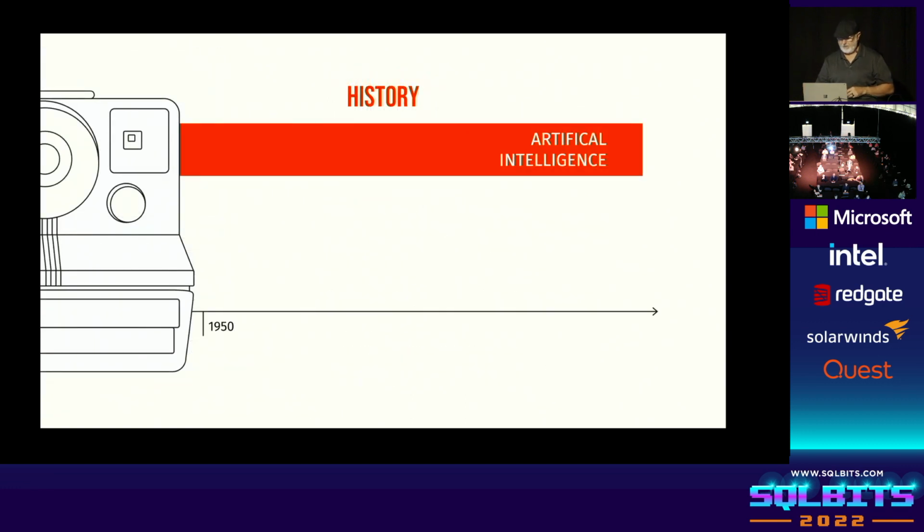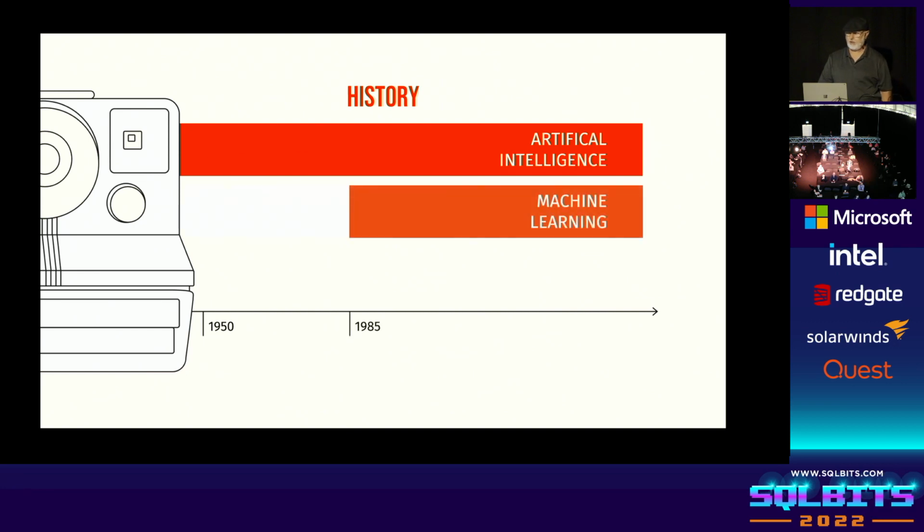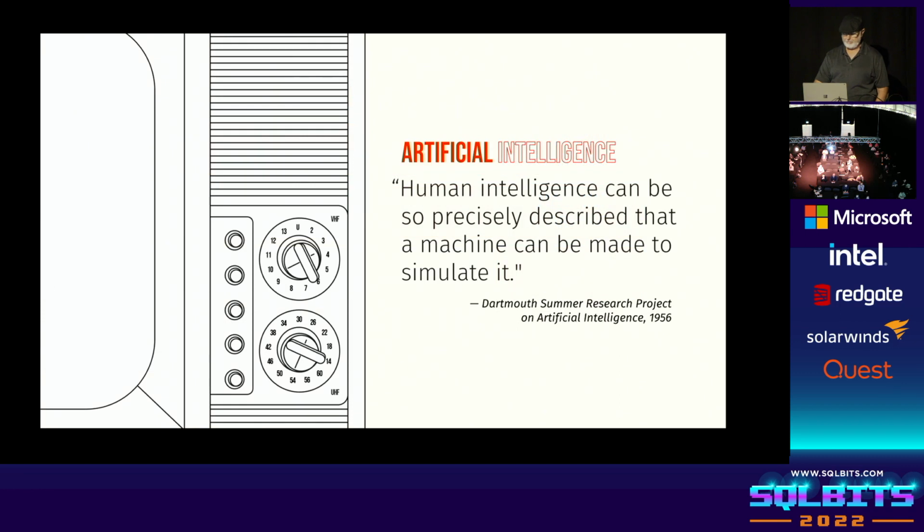The history is very brief. We started in the 1950s with artificial intelligence. In 1985, we began to develop machine learning. And then in 2010, we were able to do deep learning. The math underneath all these goes back before the 1800s. Anna Hoffman and myself do a series on her show, Data Exposed, called Something Old, Something New. And no, that has nothing to do with my age and her age. It's got to do with the statistics and the application of those formulas to machine learning. You can watch those episodes for free online, Something Old, Something New, and you'll learn a great deal more about the underpinnings.